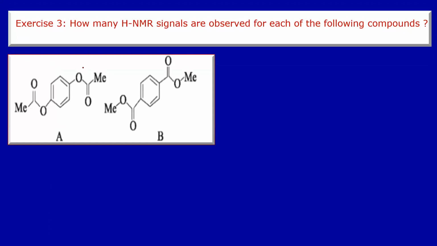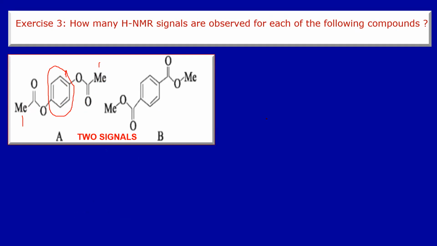So look at here. So these are some examples which have come in some different examples. So how many signals will you get? 2 signals. How? So one for these protons. So they are in a similar environment. So all these 4 protons will give a single signal, so equivalent. So these 6 protons of these 2 methyl groups are equivalent, and these 4 protons attached to the benzene nucleus are equivalent. So therefore 2 signals, right?